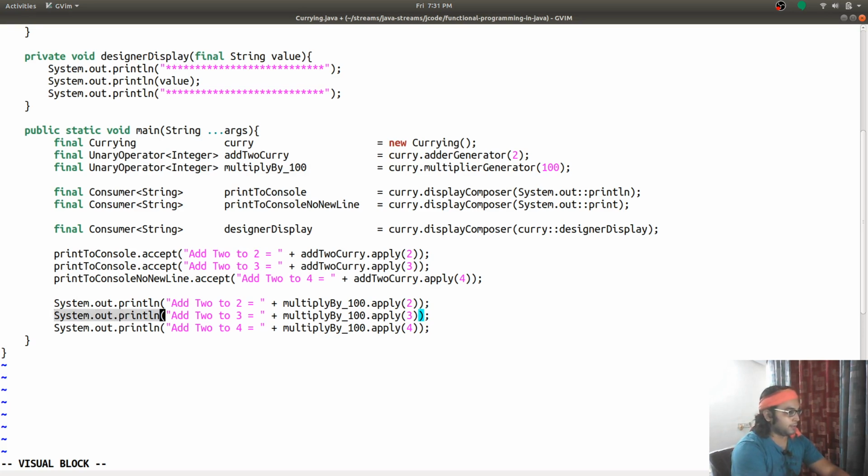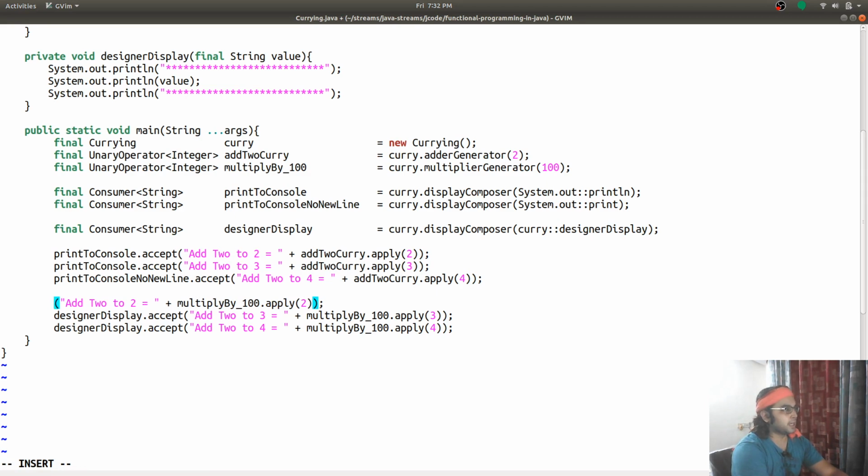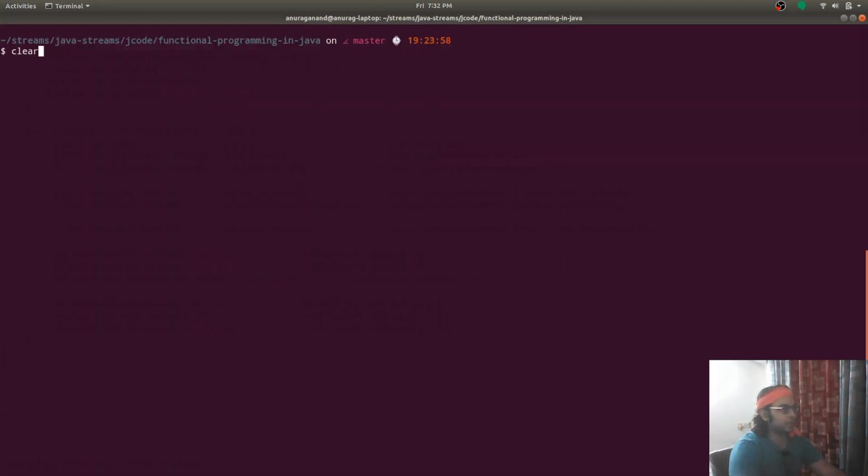This is what designer display is, and this also needs to be replaced with print to console. So I have the curried designer.